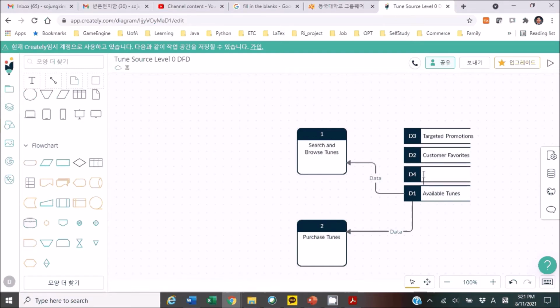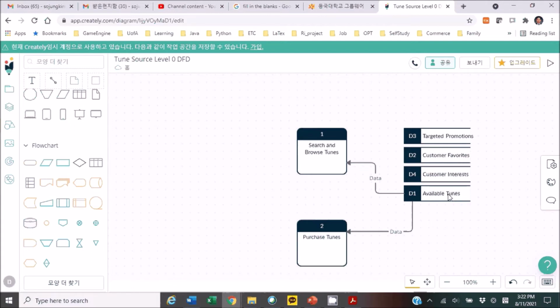What kind of data do we need? D4 is customer interest. Hopefully you understand. You remember the previous example. Anyway, search and browse tunes will request the data from the available tunes,